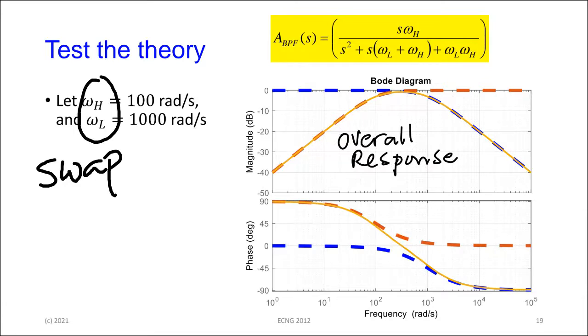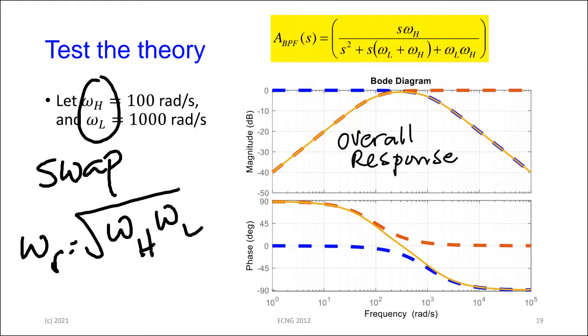Okay, so you look at the overall response now, and you see that the yellow-orange line is the frequency response of the bandpass filter. So it's passing everything. The 3 dB bandwidth is between 100 radians per second and 1000 radians per second. And then the resonant frequency. The resonant frequency is supposed to be, according to what we just did, omega R equals the square root of omega H times omega L. Okay? So the square root of